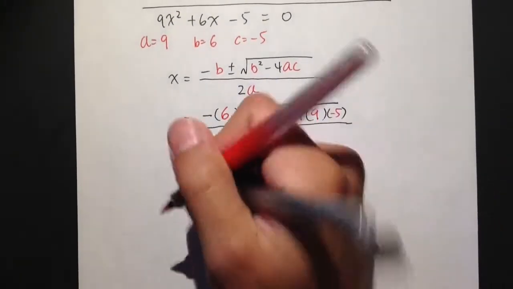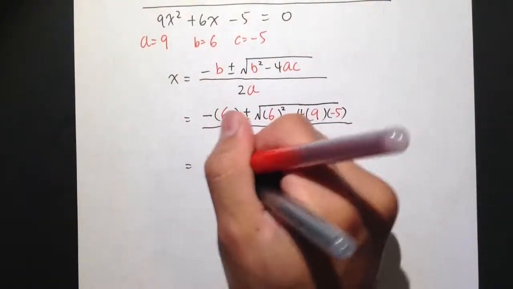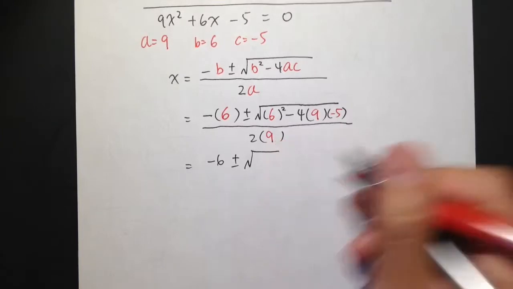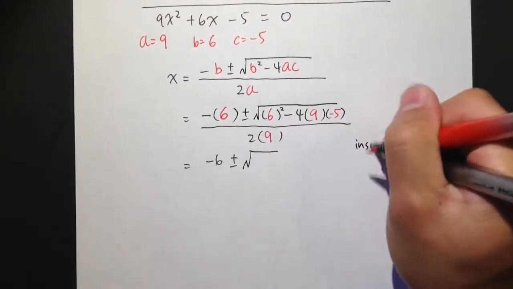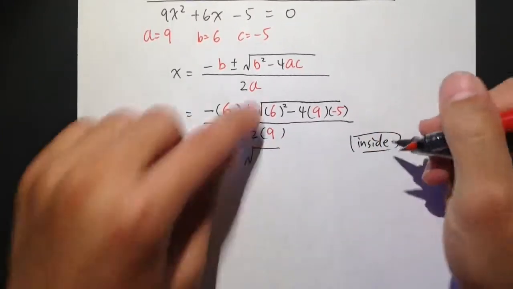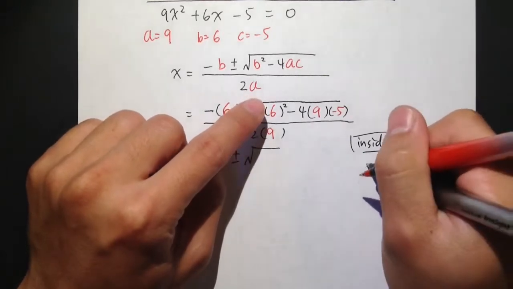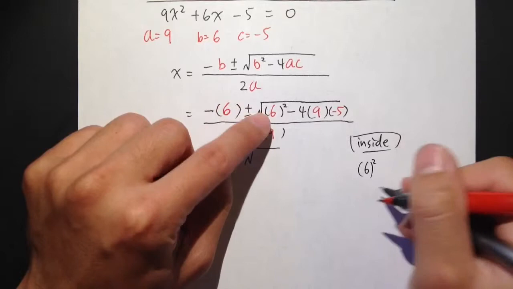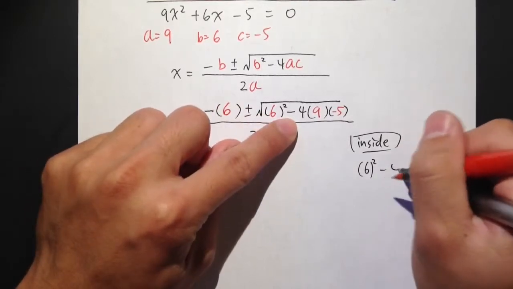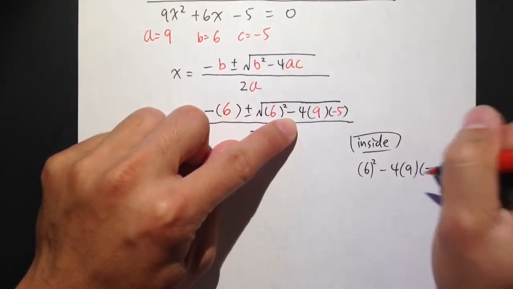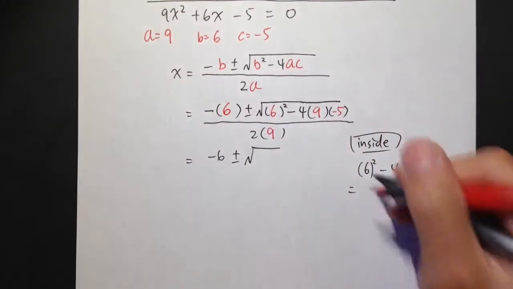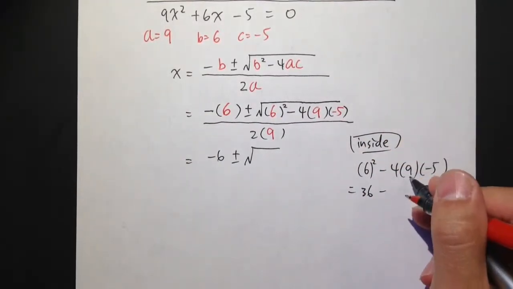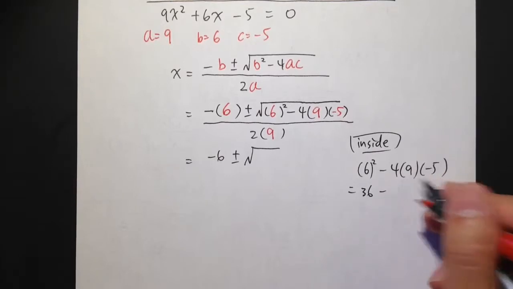Okay, now I have negative 6 plus minus square root of some number inside, which I want to work out on the side. Inside, I am looking at 6 squared. Let me again just maintain the parentheses. Minus 4 times 9 times negative 5. 6 squared is equal to 36. Minus 4 times 9 is 36. And then,